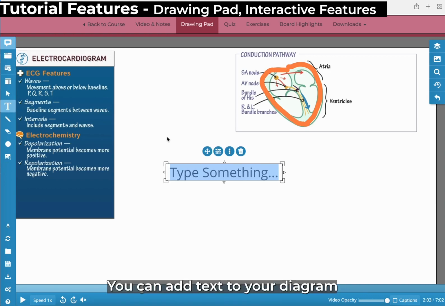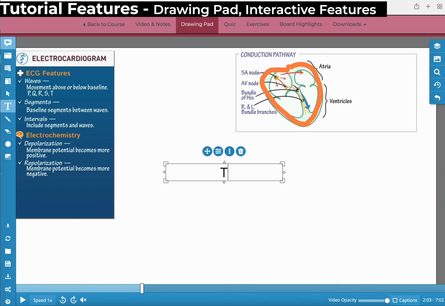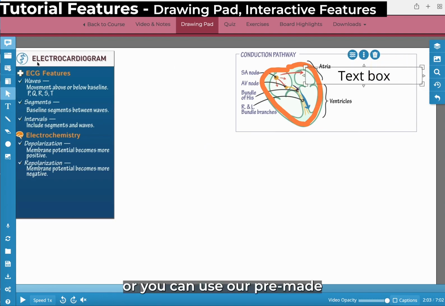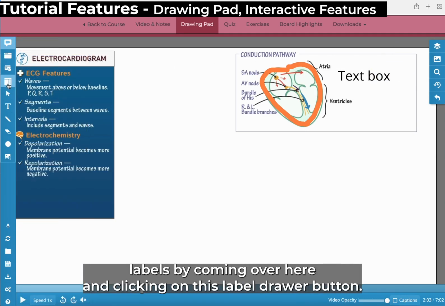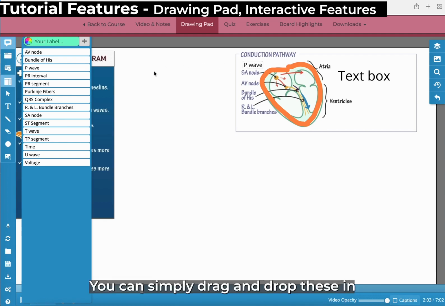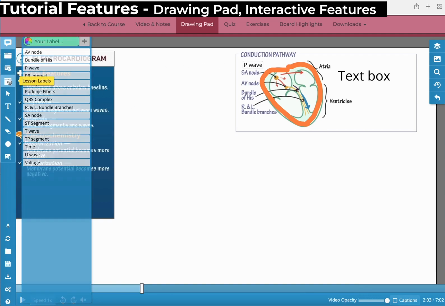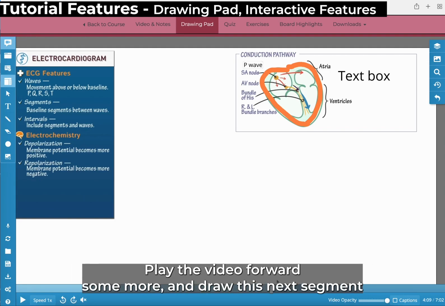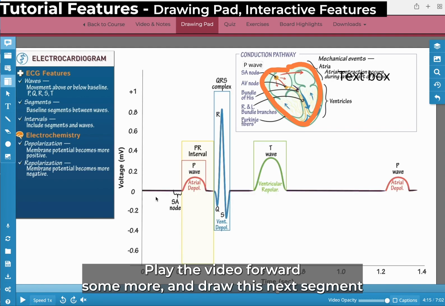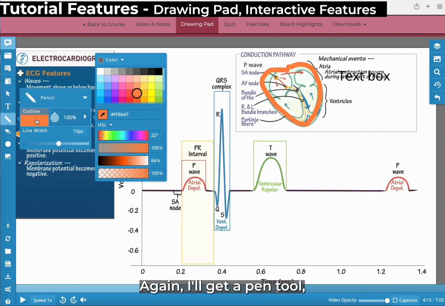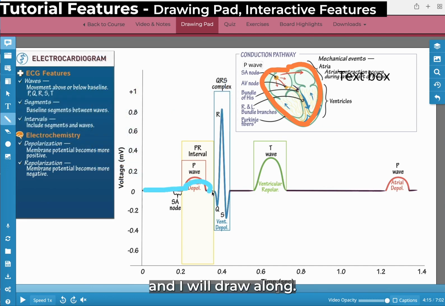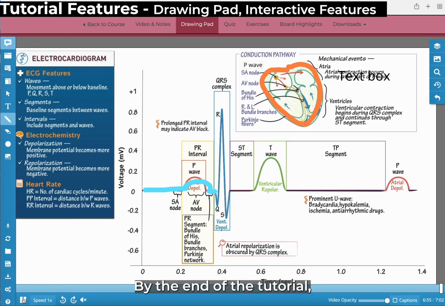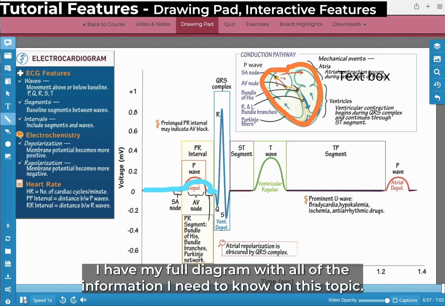You can add text to your diagram, or you can use our pre-made labels by coming over here and clicking on this label drawer button. You can simply drag and drop these in. After you have your chunk of information drawn, play the video forward some more, and draw this next segment. Again, I'll get a pen tool, I'll grab a nice bright color, and I would draw along. By the end of the tutorial, I'd have my full diagram with all of the information I need to know